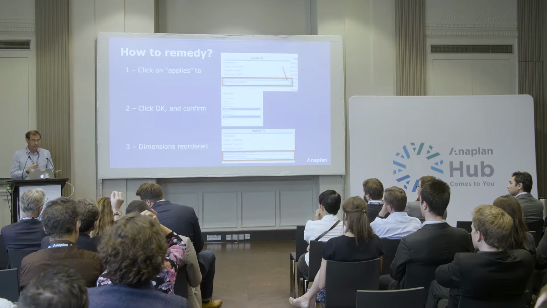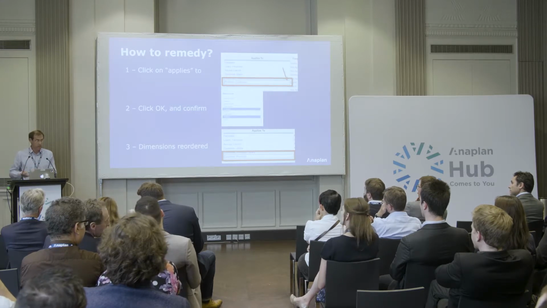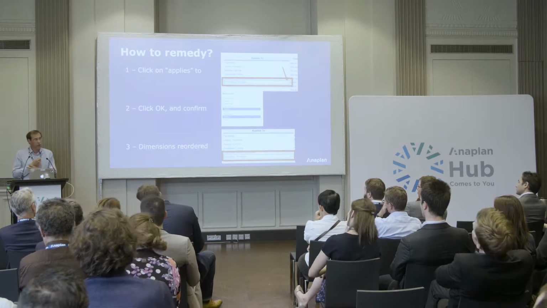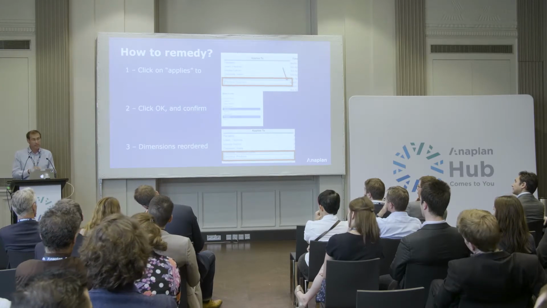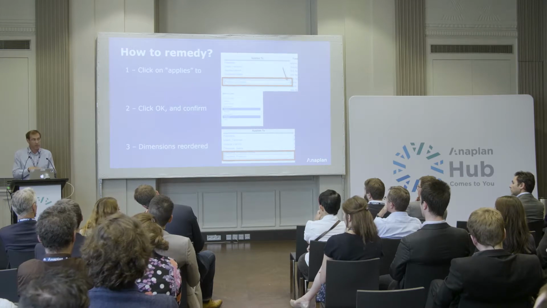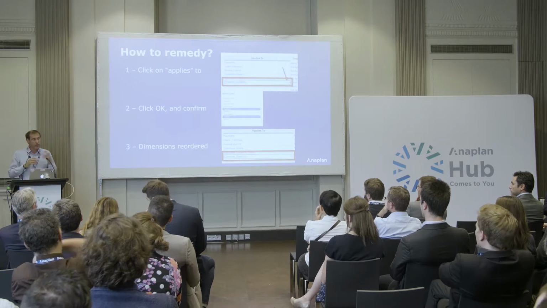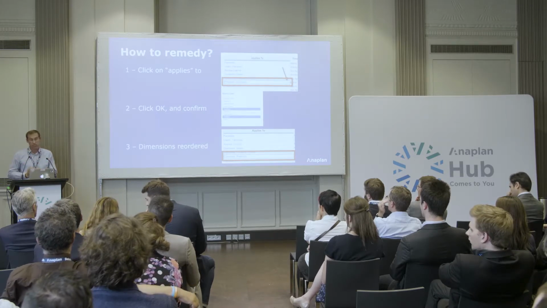So I would encourage you to go down your blueprint, look and see if you do have calculations that cross over, and even if you can't work out whether they are being used A times B, just put them in the same order because it makes sense, it's logical. Now the thing to watch for is subsets will always go at the end because they always do. So depending on what you're doing, you might have to manually change it. And what not a lot of people know is you can actually double-click directly in that applies to and manually change the order. You can change the dimensionality in there. You don't have to use the dialog box.